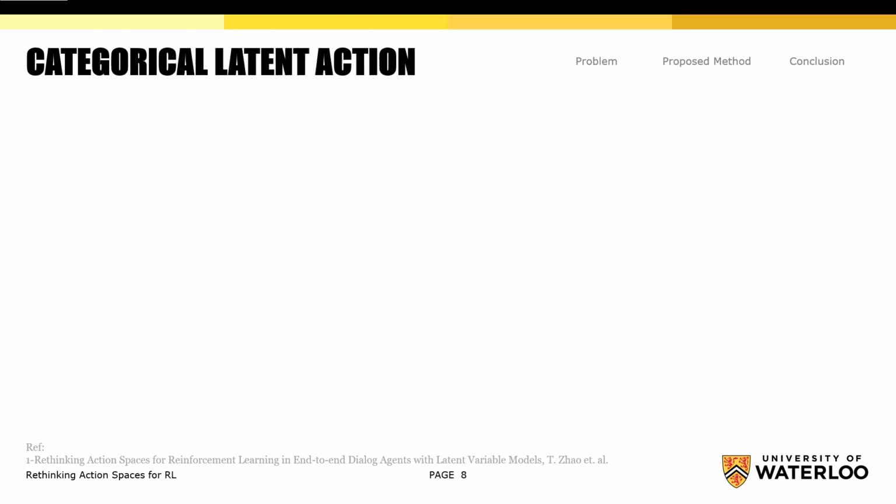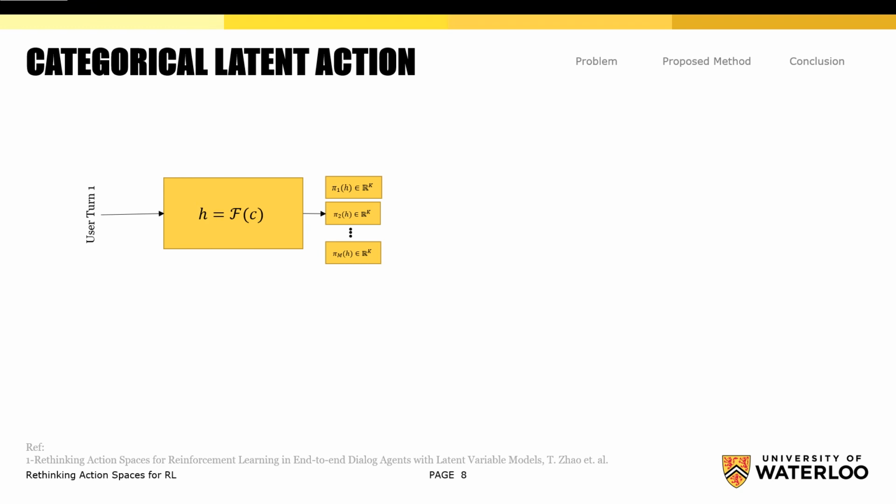It seems that it is useful to somehow simplify the latent action space. So they just use the categorical distribution instead of Gaussian distribution. So they assume that they have an independent k-way random variable, and after we calculate the output of the encoder, we can pass that to some function that gives us a vector with size k, and we can use those vectors to calculate a distribution, and then we can sample from that specific categorical distribution to map that one to an embedding vector